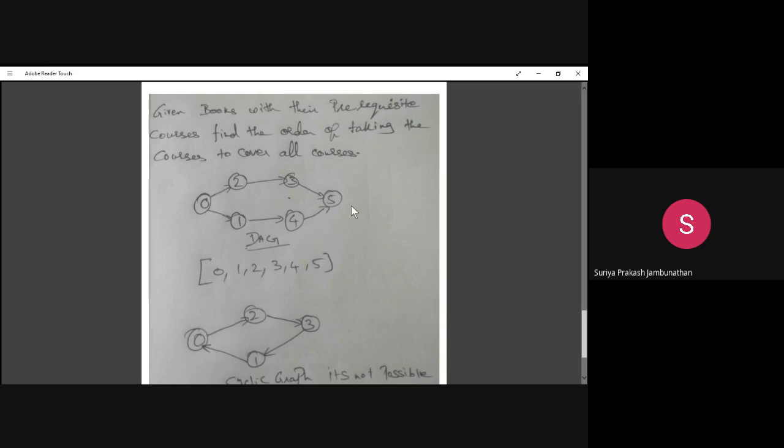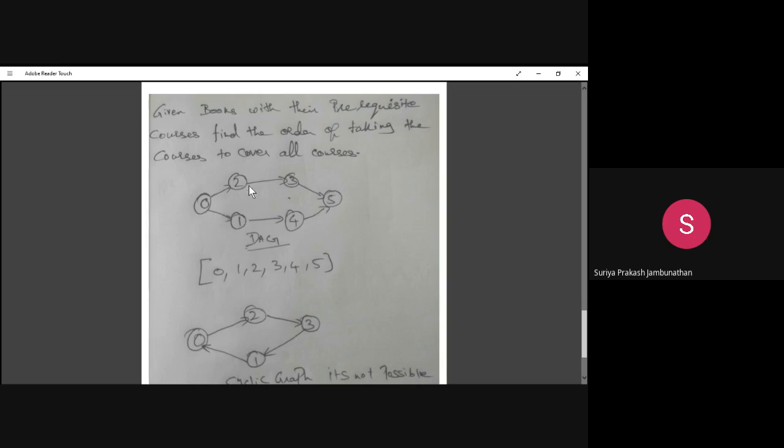In this given graph, 0 in degree. Can you tell me, students? One, sir. What is the number of the node? 0. So this node having 0 in degree will be taken first. So course 0 we have to study first because it doesn't have any prerequisite subject. Without any prerequisite, you can learn this subject 0. When you are going for 2 and 1, you should know 0. Without knowing 0, it's not possible to study the 2 and 1 books.